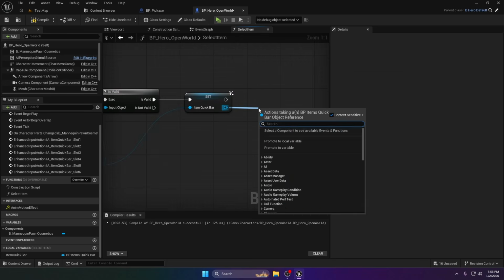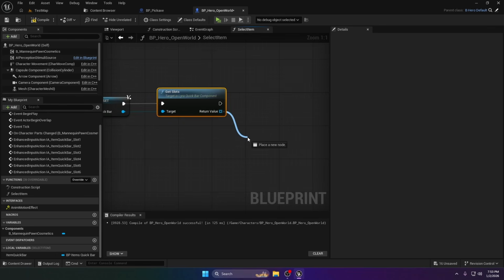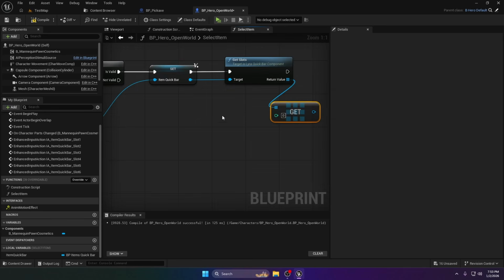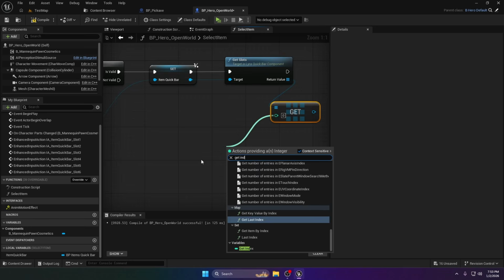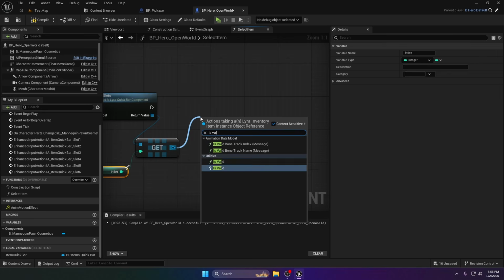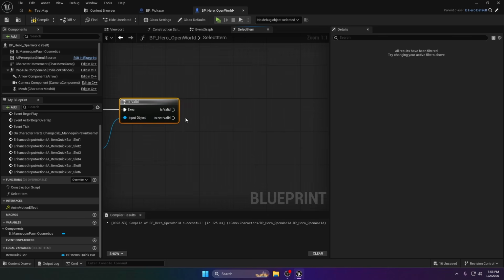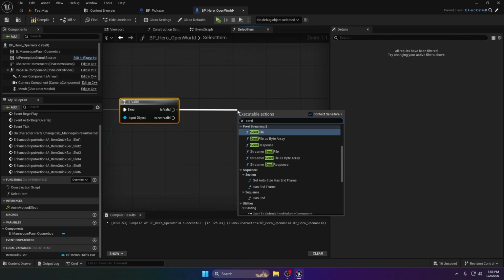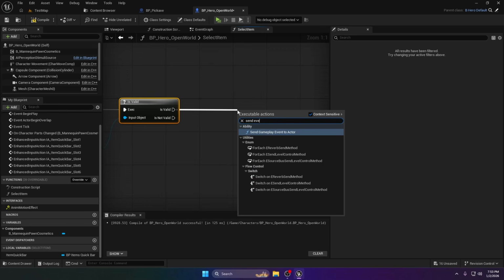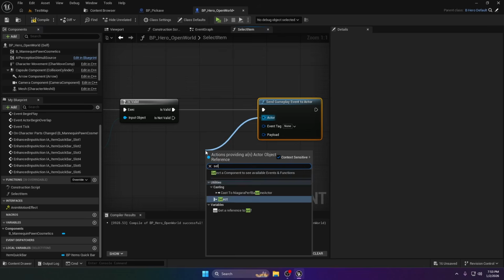And if it's valid, we get slots, and we get a copy of the index. So get index, this one under variables, we see is valid, and if it's valid, then we send gameplay event to actor. Actor is self,